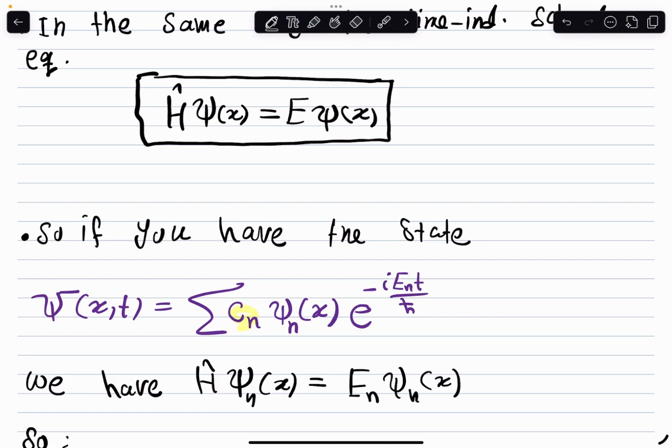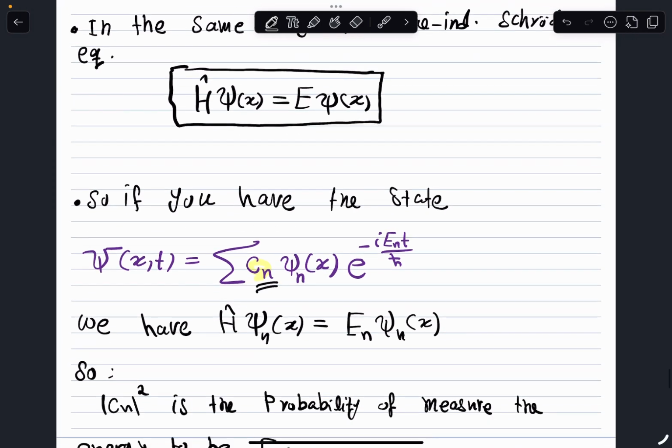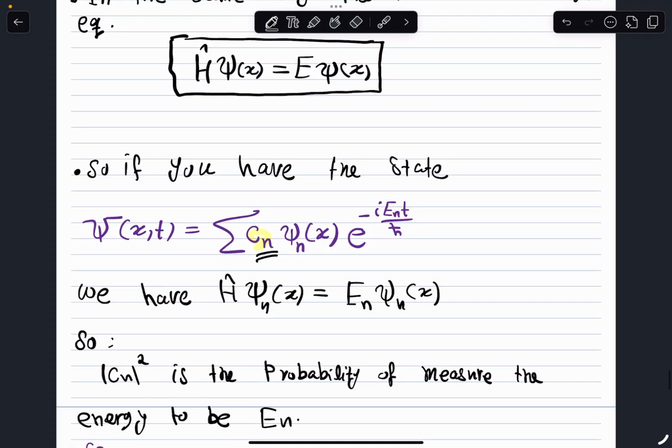How about the capital psi, which is the linear combination of them? What's the energy for it? We can deduce it from the constant Cn. If we square Cn, it gives us the probability of measuring En, because again, it's a linear combination of these. In other words,